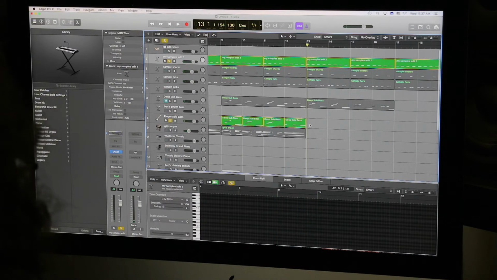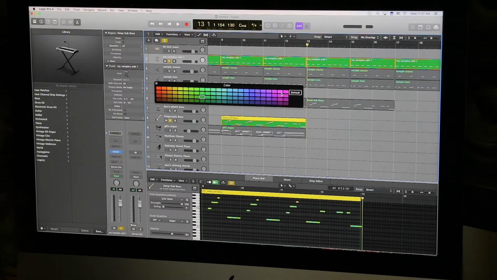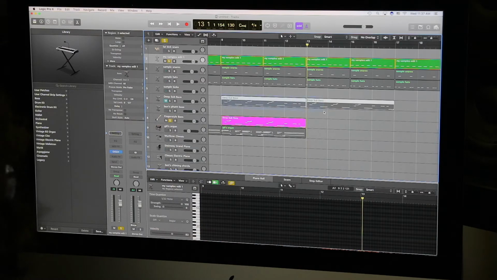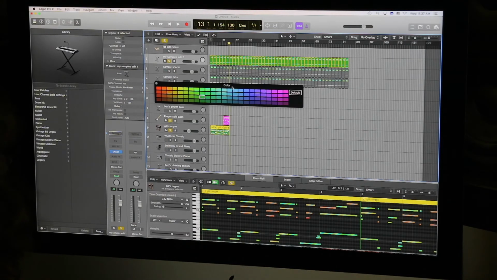Let's make this bass line all one and with a new color. Let's make this pink, for the hell of it. And we'll delete this because this is add. And the organ, we'll make another color. Let's make it blue.